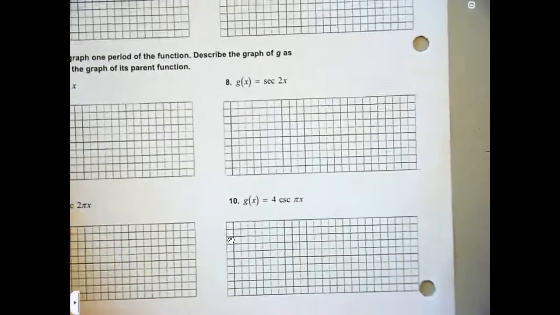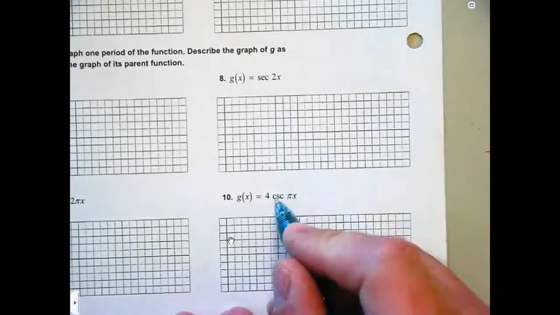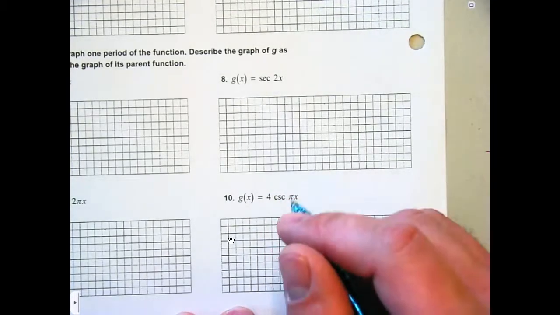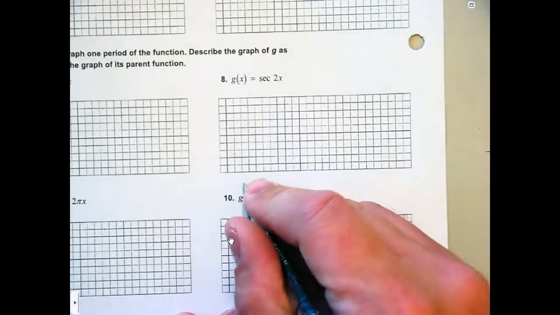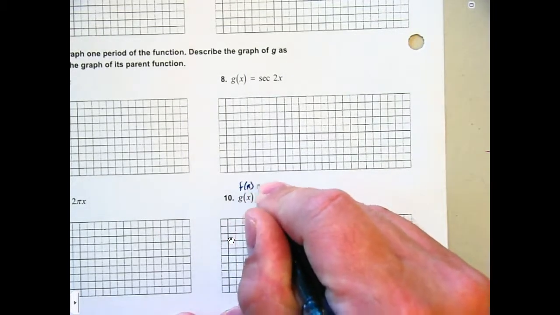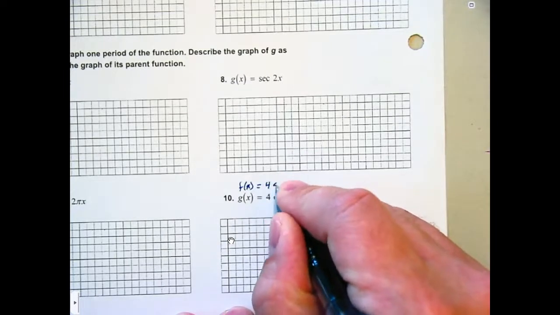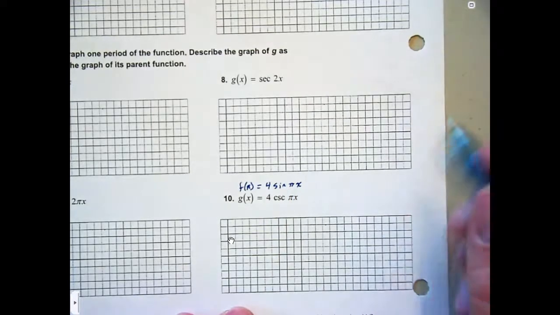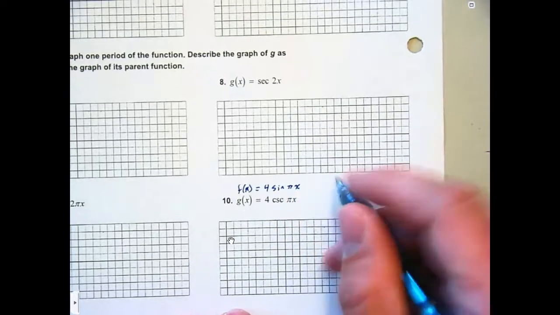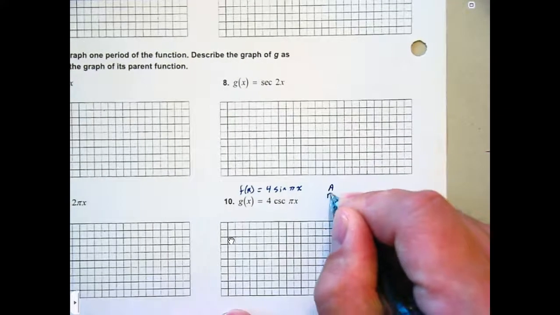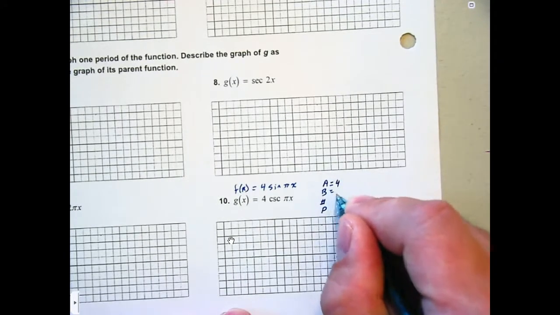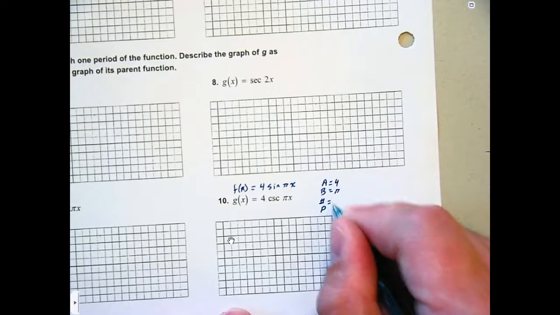Number 10. Okay. So cosecant of pi over x. The first step in graphing cosecant, secant, or tangent is to graph their reciprocal function first. So the reciprocal function of cosecant is sine. So I'm going to say f of x and use g of x. I'm going to graph 4 sine pi x. And that pi right there, if I'm dealing with my a, b, number of cycles, and period, well, a is 4, b is pi. That means the number of cycles is